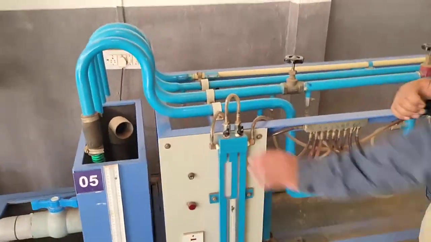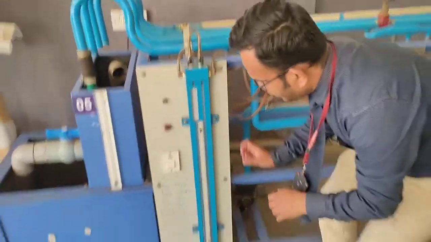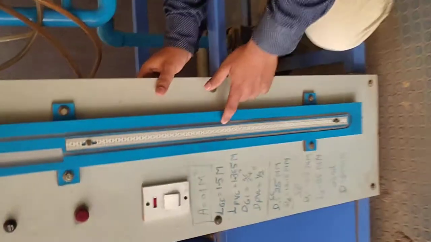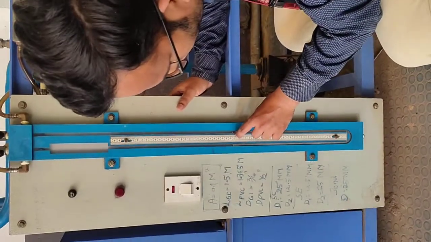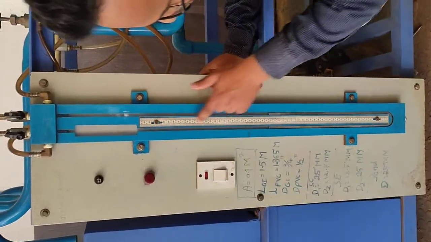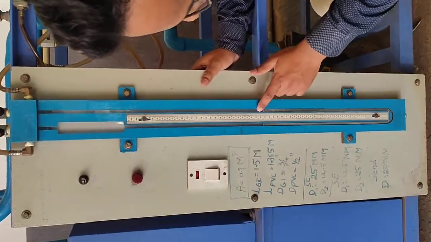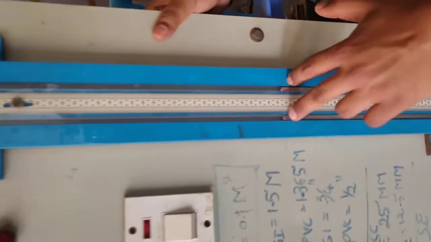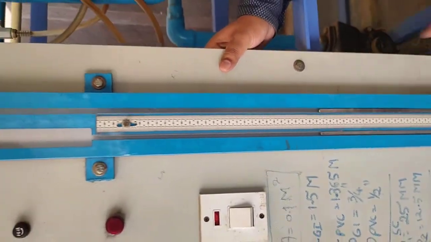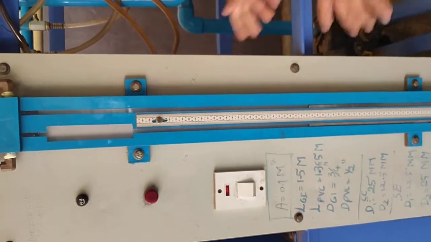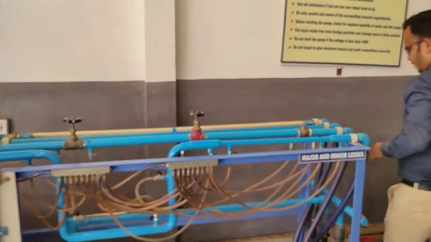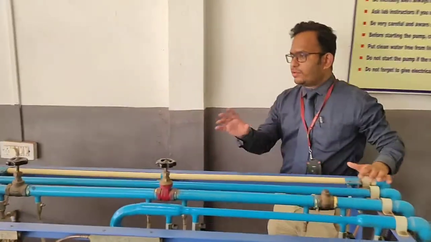Okay, so after doing that, you have to measure the pressure difference, which is showing over here. You can see that. There are some measurements over here. There is a scale. So whenever there is a difference in this, you have to measure that. That is H1 minus H2, the manometer reading. After this, when you get your H1 minus H2, you have to note it down.